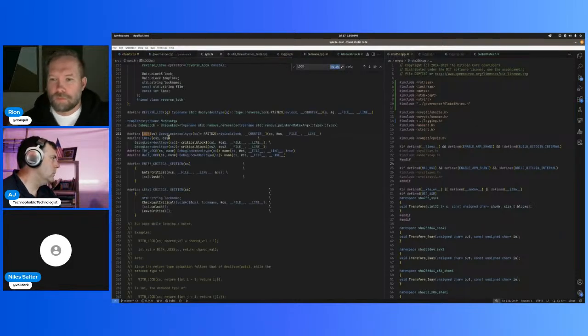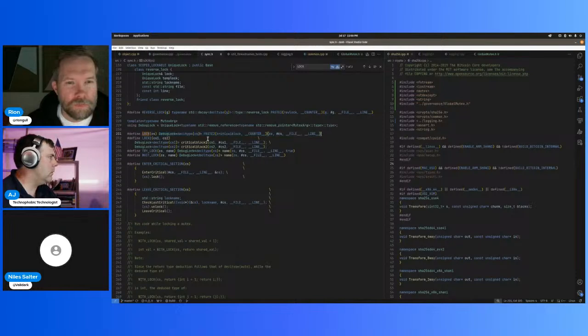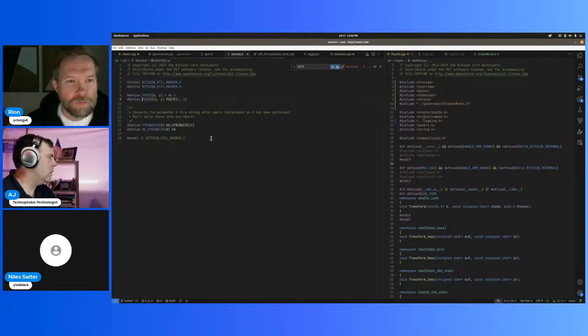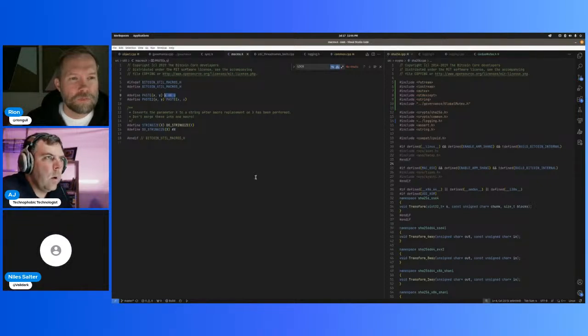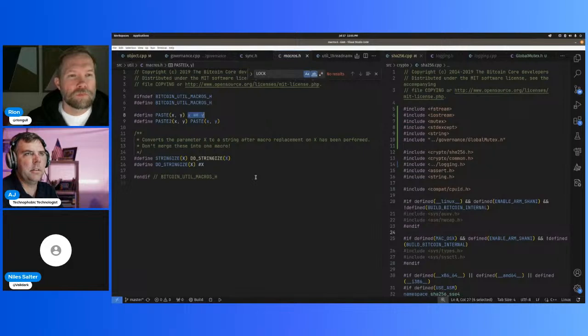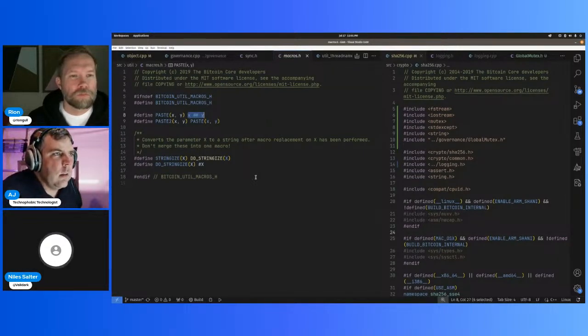Let's see. It makes a debug lock, decl type CS. Yeah, it's a whole bunch of macros nested in. That's fun. Oh, what does paste2 do? It pastes. Amazing. What is that? Oh, that's some fanciness I've never seen before. Whatever this means. I can't see. Your letters are too small. Right. I can't make my screen that big because StreamYard doesn't allow me to make my screen any bigger. It's X # Y. Well, it's probably there's